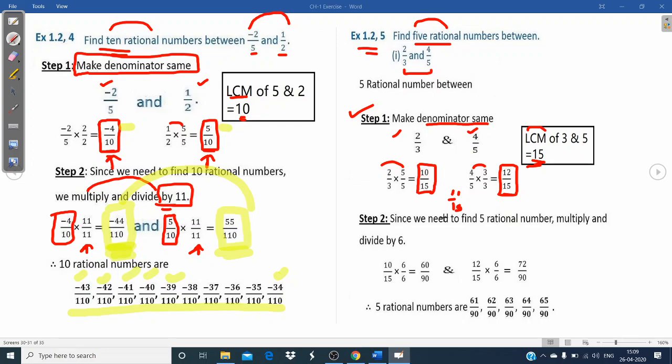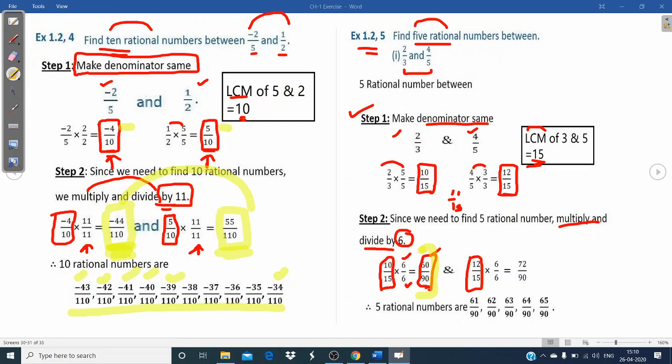But that number you multiply and divide by in both numbers. Now here I have multiplied and divided by the same number, which is 6. Any number you can do, students, because there are infinite rational numbers. So your number was 10/15, and the second number was 12/15. So I multiplied by 6/6. Similarly you have to divide this also, because 6/6 is again 1. So 10 6s are 60, 15 6s are 90. So your number has changed now to 60/90.